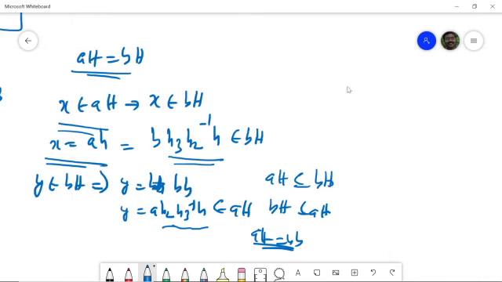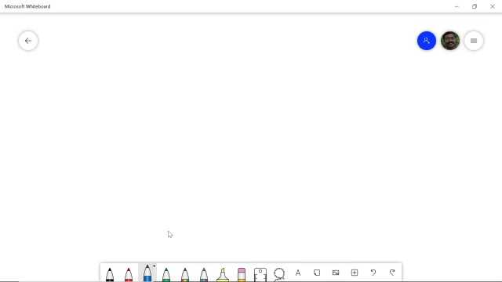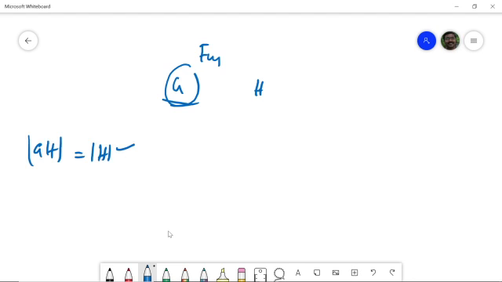So now we will summarize the discussion, what we have got till now. We are considering finite groups. G is a group and H is a finite subgroup. First of all, the order of the coset is the same as the order of the subgroup. Next, every element of G is in some coset. Now the next one we got is that either the cosets are disjoint,